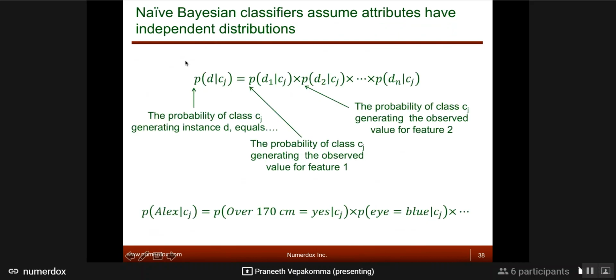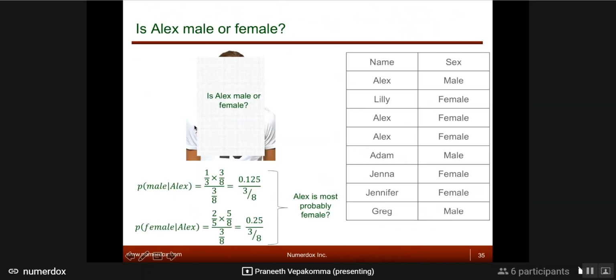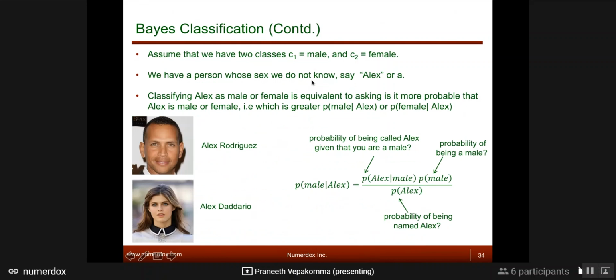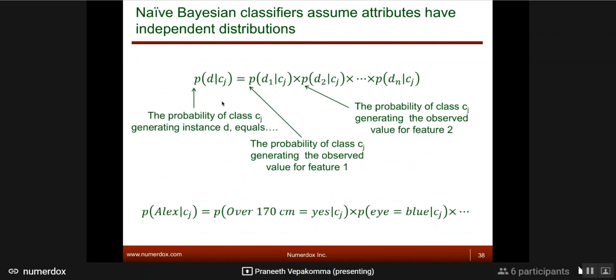So how do you use that? If you want to compute the D given CG, which is the first term, the flipped part of your first term, you want to compute this term, because to compute the answer, you want to know this term first, then you can figure out these two. Since your data is not one variable, you have now 10 variables or n variables, if you're assuming that each variable is independent of the other variable, it's a very bad assumption, but the technique assumes that. So you get some approximation of your answer. It's not the best answer in your prediction.